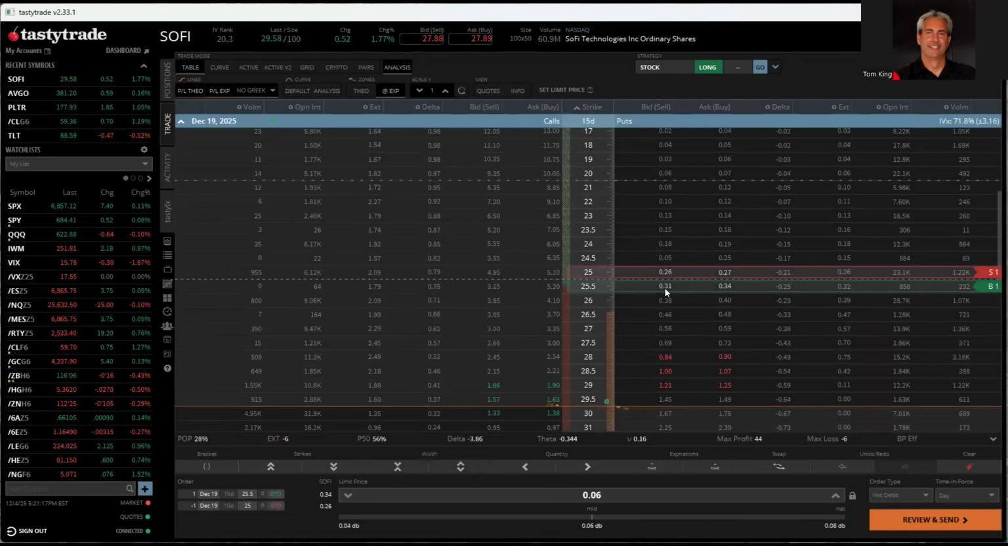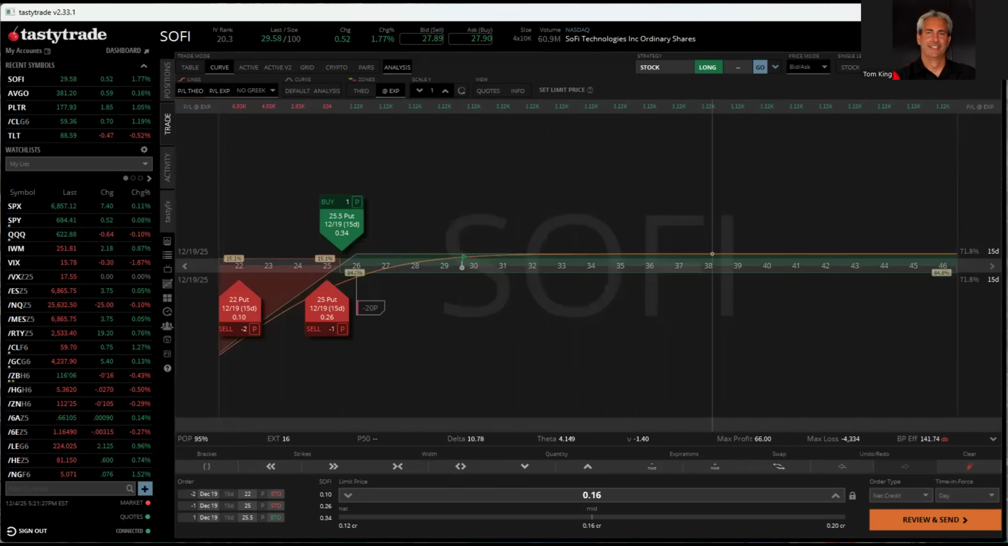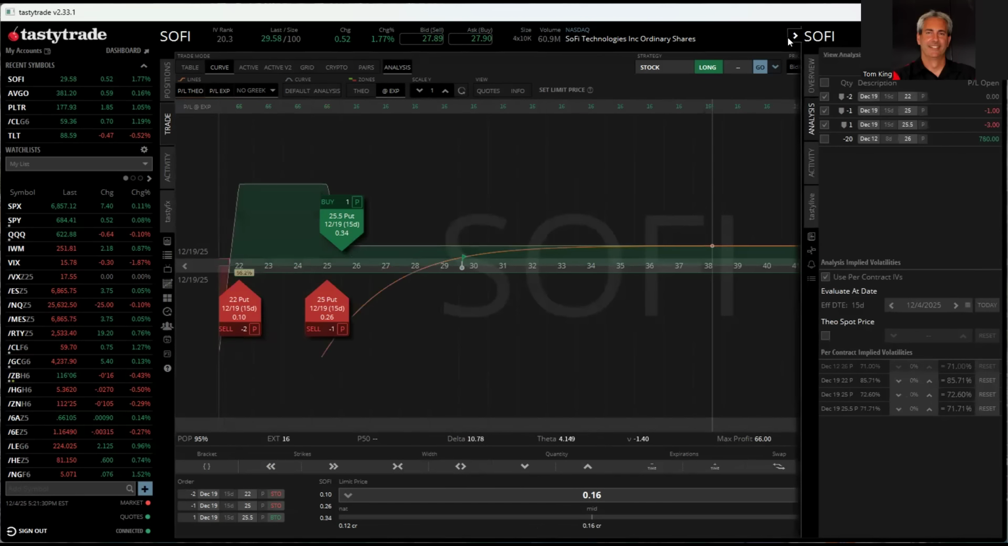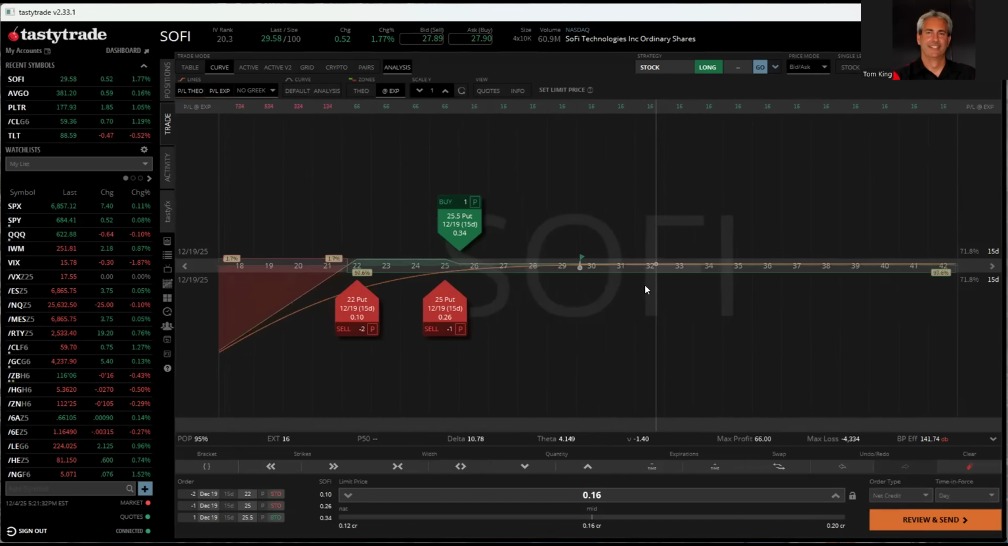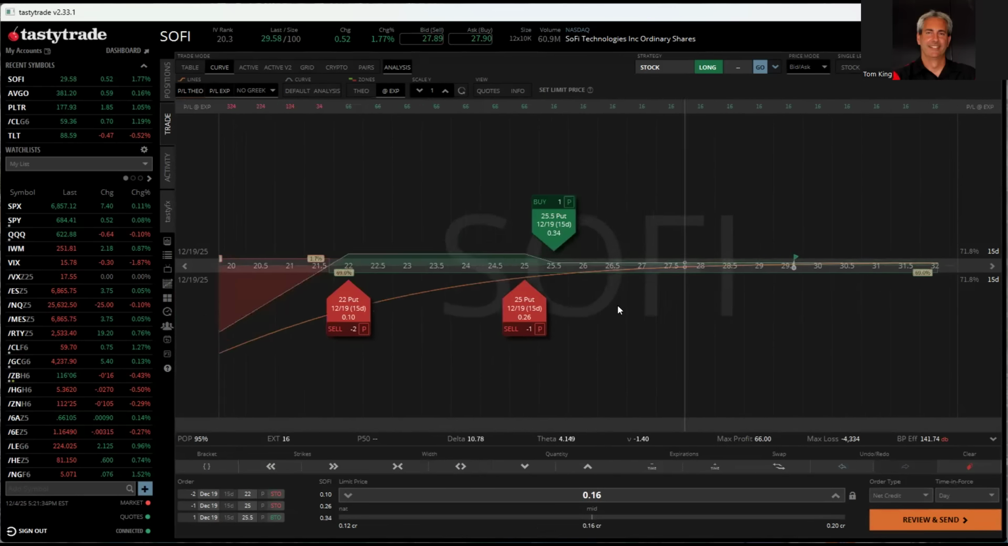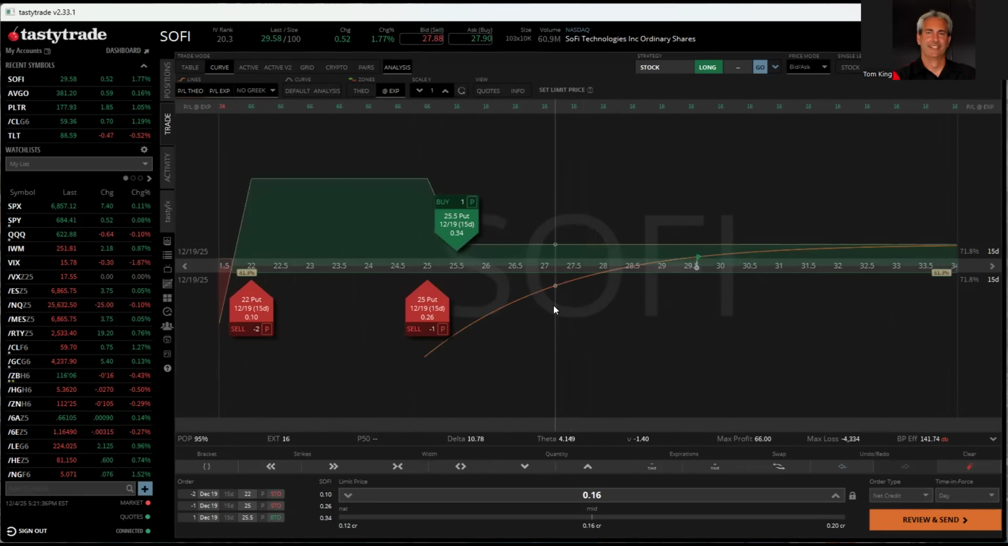Let's see. We're going to do the 25 delta put debit spread. This is only a half a point wide. We're going to go down to 22. We're going to sell 2 of those naked puts. And again, selling naked puts is fine. Half the internet is people selling naked puts. You guys just have a stroke when I do it. All right. So